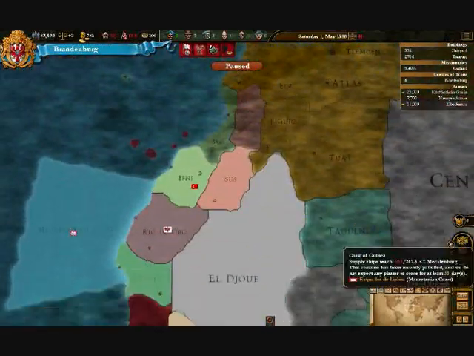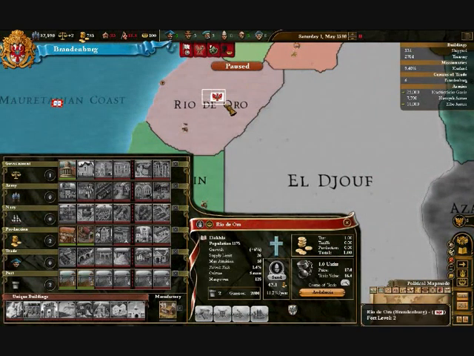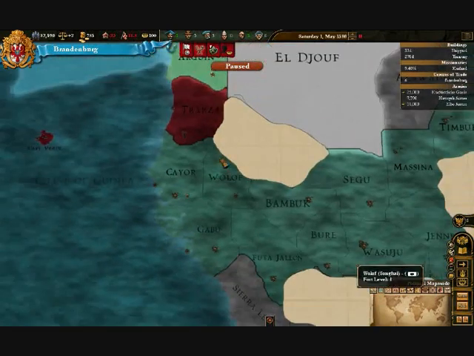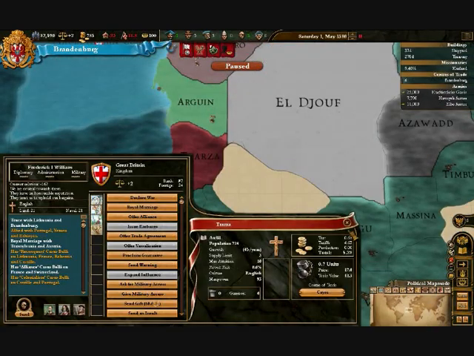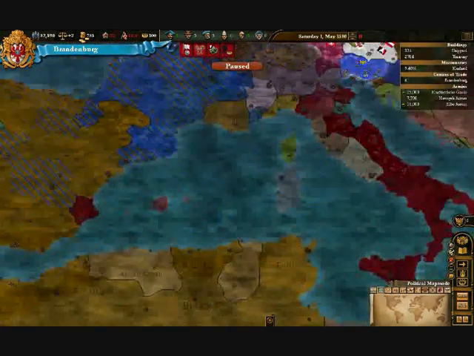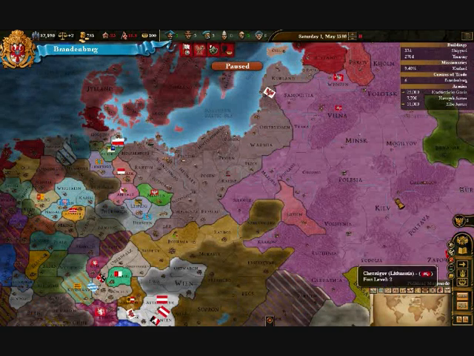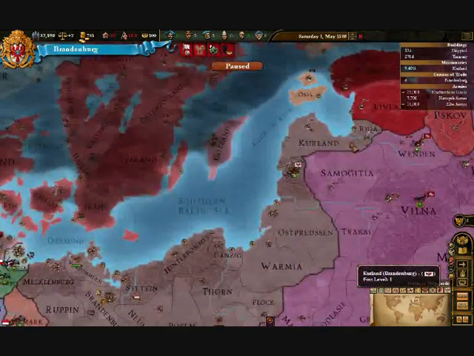I feel sad mostly for the colonies, but nothing is lost as we retain the one that's truly important for us, and that's Rio de Oro. And I believe that we will be able to regain the colonies later on too. Don't worry. Well, what I wanted to do now is just basically play and shuffle through the years, because my